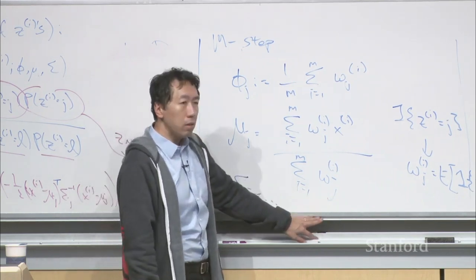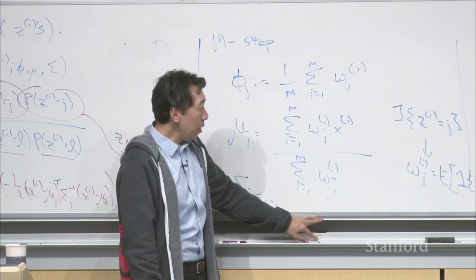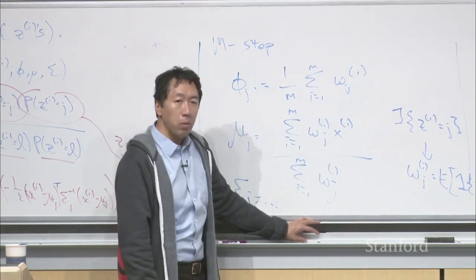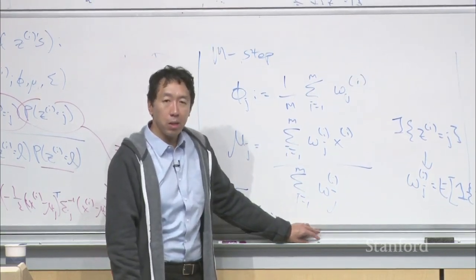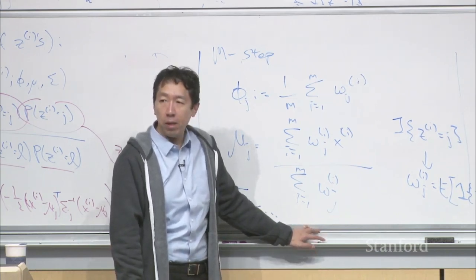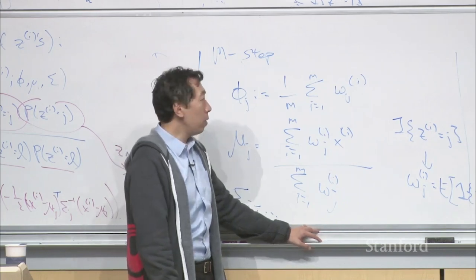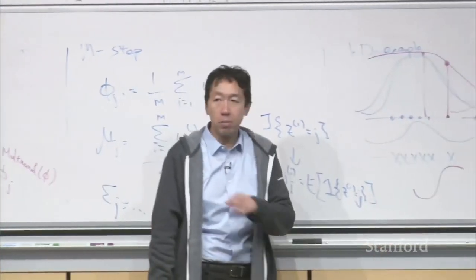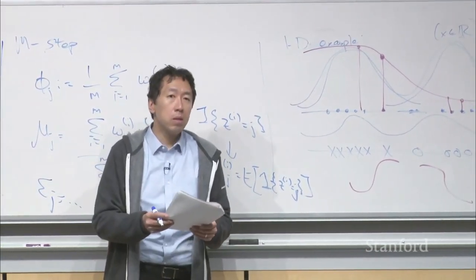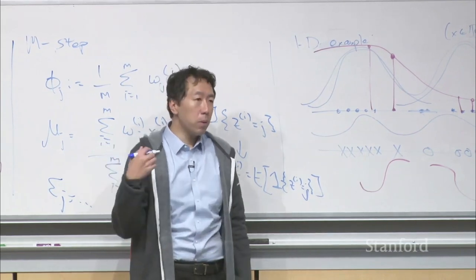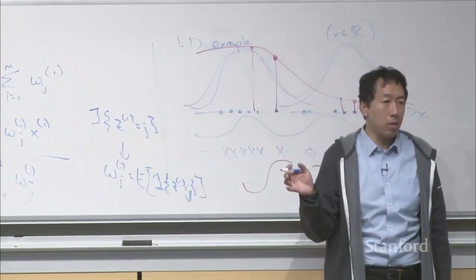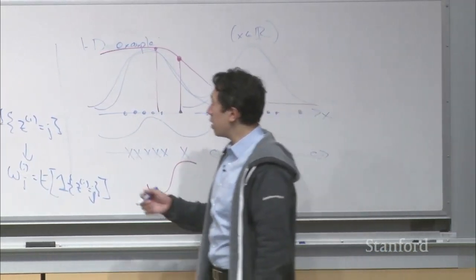And then the second: when you run this algorithm, it turns out that this algorithm will converge, with some caveats I'll get to later, and this will find a pretty decent estimate of the parameters of, say, a mixture of two Gaussians model. Okay. So if you are given a data set of, say, airplane engines, you can run this algorithm, fit a mixture of two Gaussians, and then when a new airplane engine rolls off the assembly line,